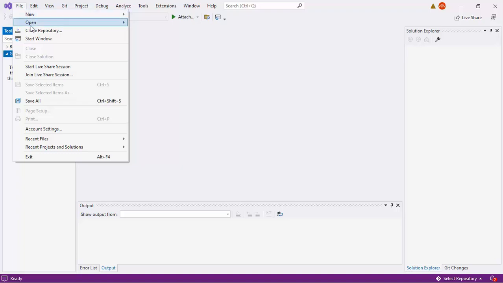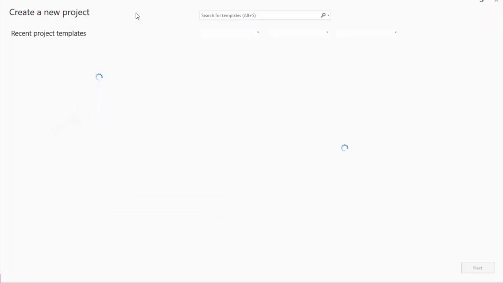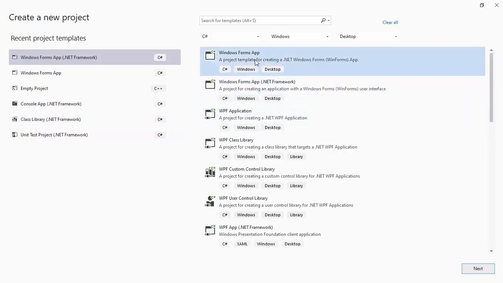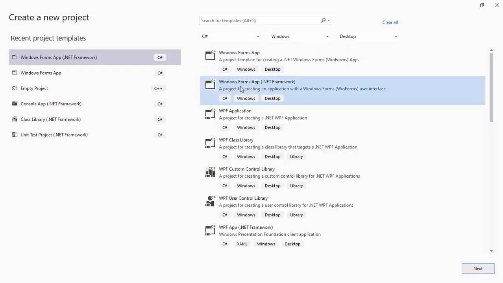Start a new project. Okay, the one that I used in the GUI Hello program in the first video was this template. But the one that I used to use before was this template. So let us try this template, and let us take note of the most obvious differences.